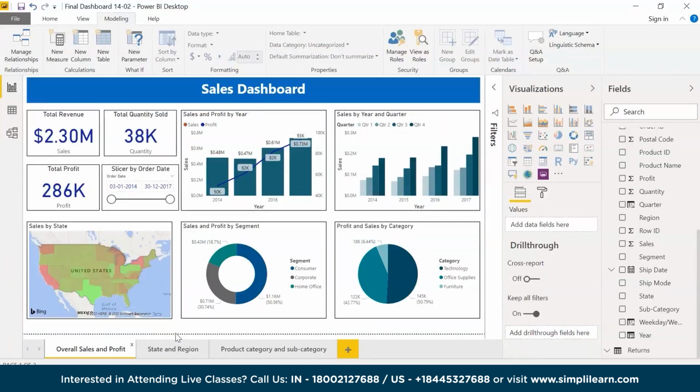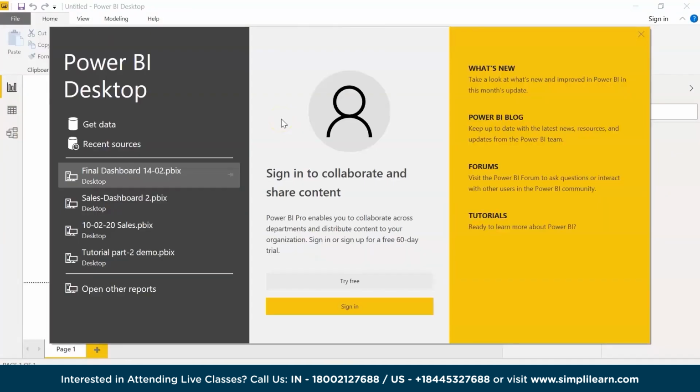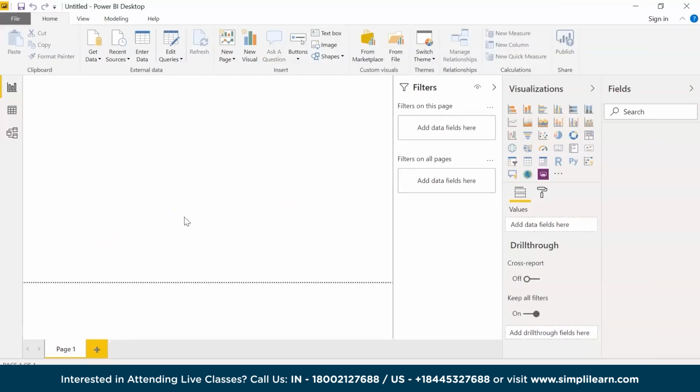Now let me go ahead and bring up a new workspace. So I'll go to File, click on New. This will take some time to bring up our new workspace. Now it will ask you to try the free version, or if you want you can go ahead and sign in. I'll just close this. So here is our new workspace. Before creating the dashboard, we need to make some changes to our Superstore dataset. Using the features of Power BI Desktop, first we'll extract the year, month and quarter values from the order date